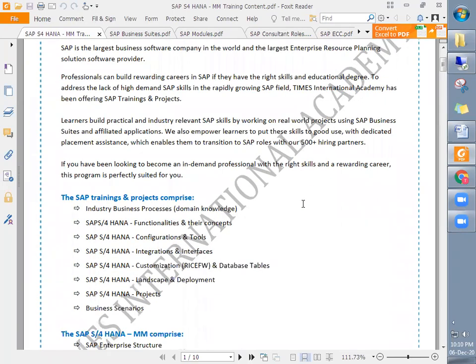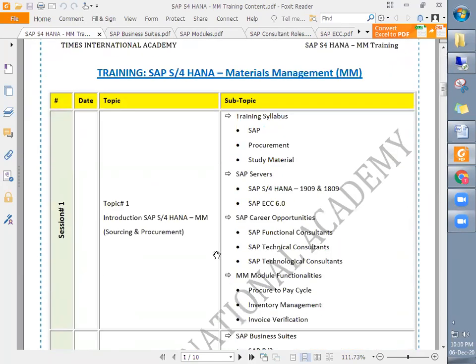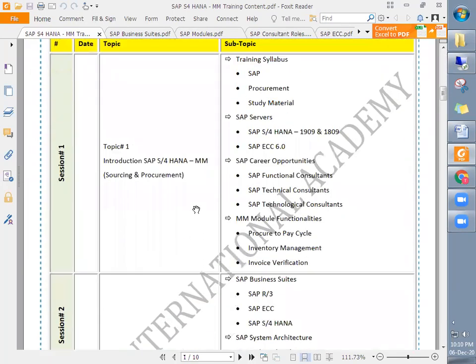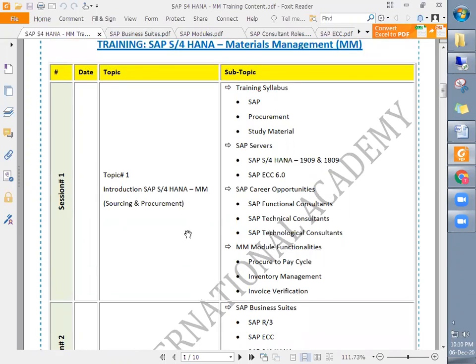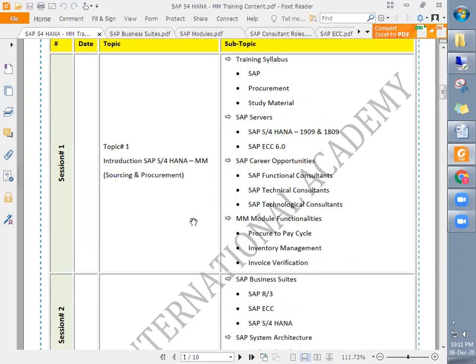You will see that all the topics are covered as per the certification syllabus, as well as the skills they ask for in SAP jobs. We will start with the very basic things. Even if somebody is new to SAP, or new to procurement, he can easily understand SAP during this training.